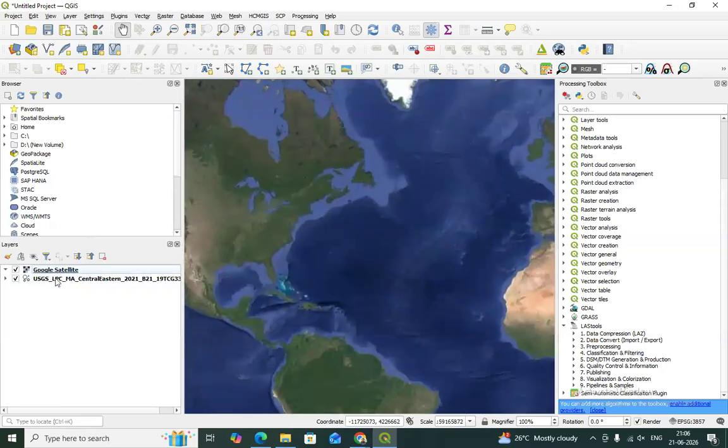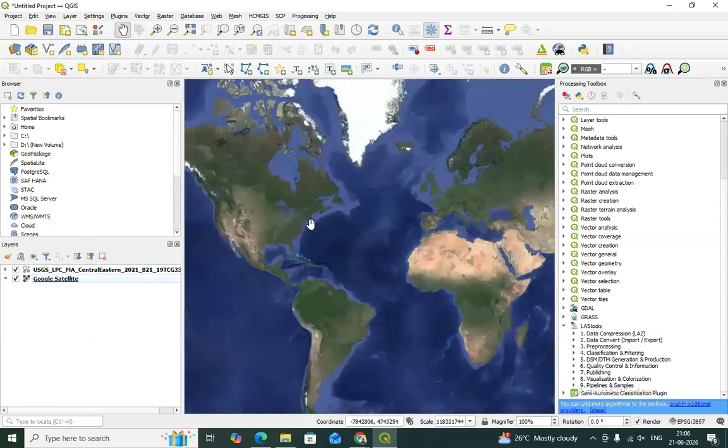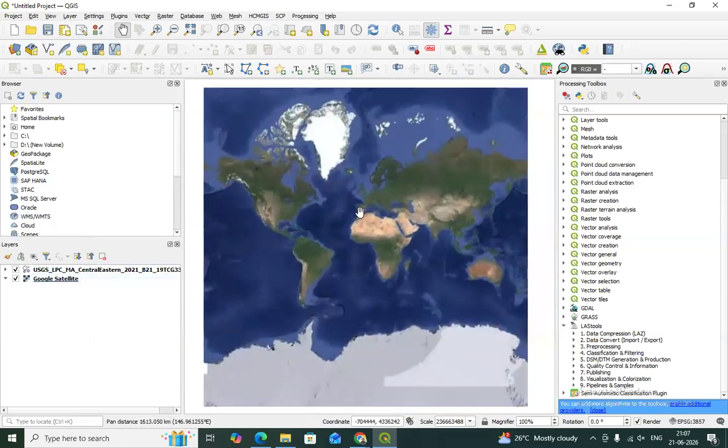Anyway, let's proceed with the actual viewer for this type of data. Although we can open this data in QGIS, there is a dedicated viewer for this type of 3D view. So let's open that. You go to visualization and colorization.